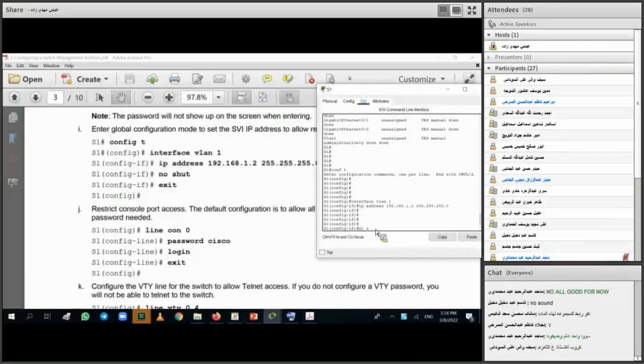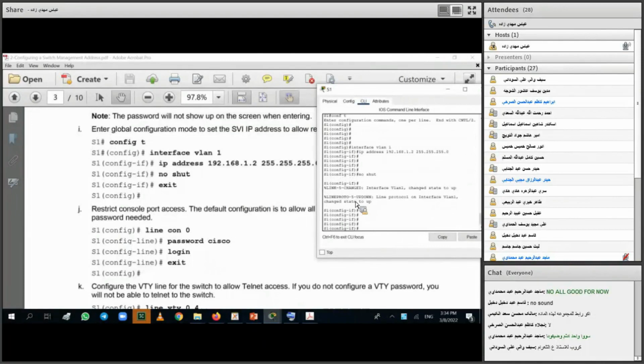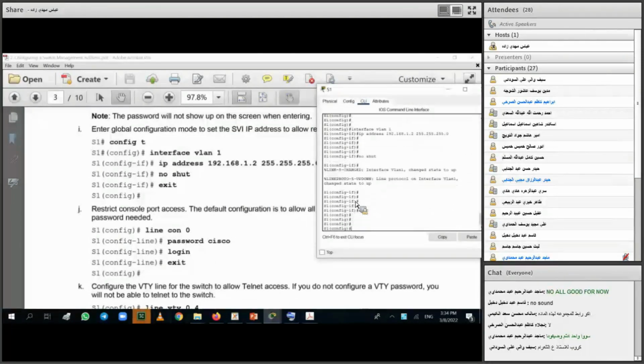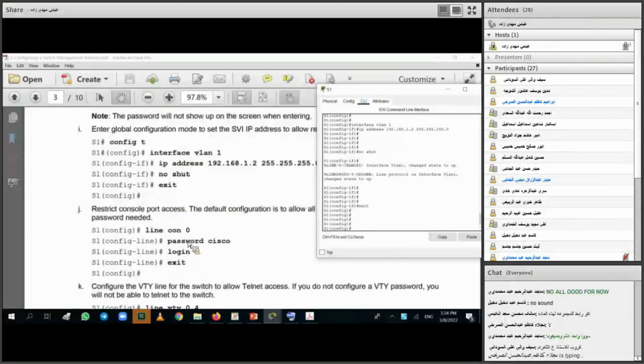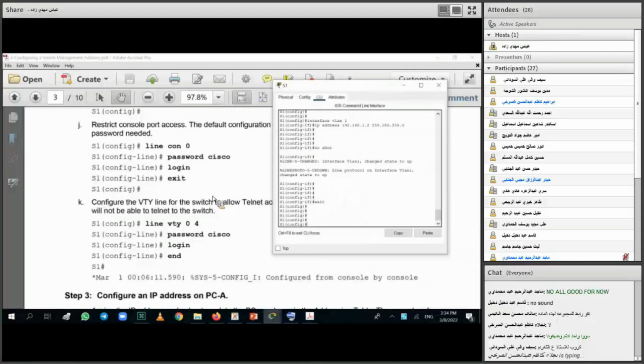Don't forget to type no shutdown. If you don't type no shut, your network won't work, okay? You have to put no shutdown. Exit, exit. And this one I already set the password, right? Just now I set the password, so this one no need. Now you have to enable the VTY. Okay? You just go to the line